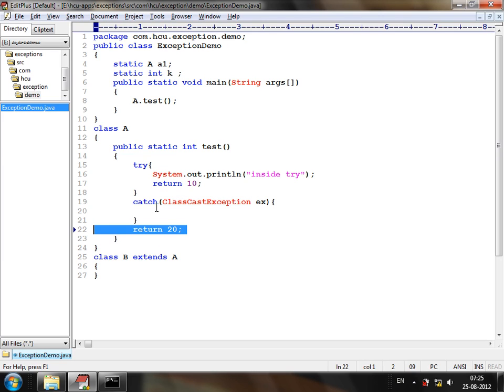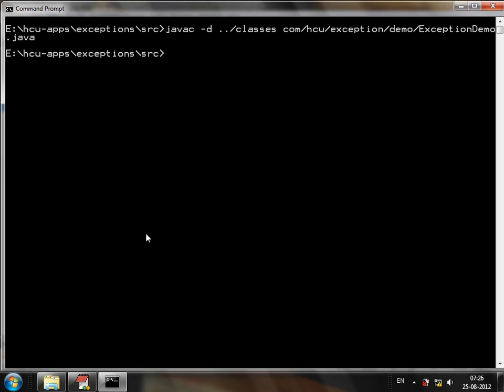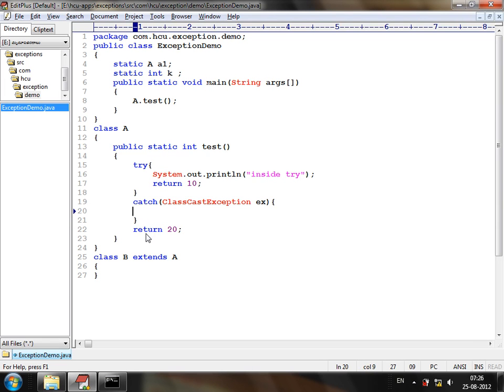Understood? If the control comes to catch, it means the exception is handled. If the exception is handled, the next executable statement after the catch will be executed. Then if there is a return statement after the catch, a return statement inside the catch is not mandatory. Just because if it executes the catch, the exception is handled, and then the next executable statement will be executed. Understood? So this will not be a compile time error. Okay? Now